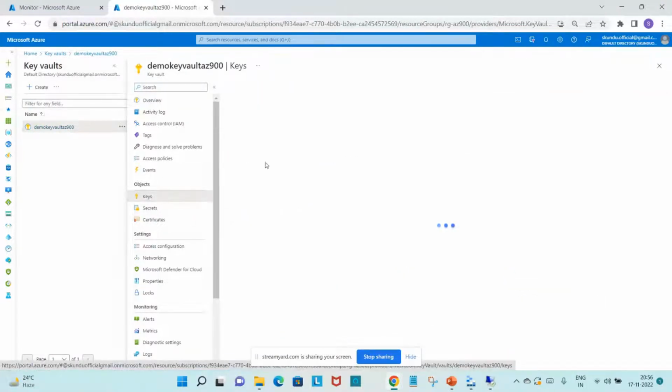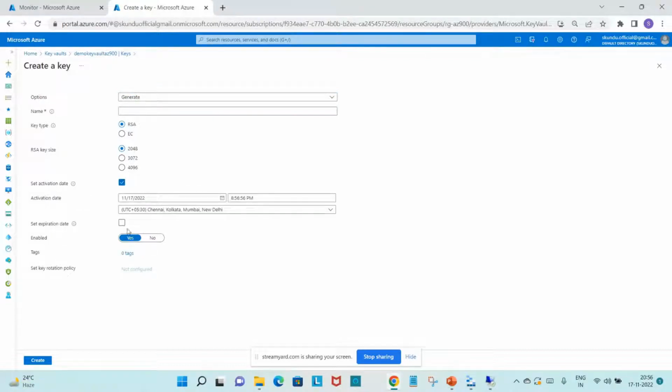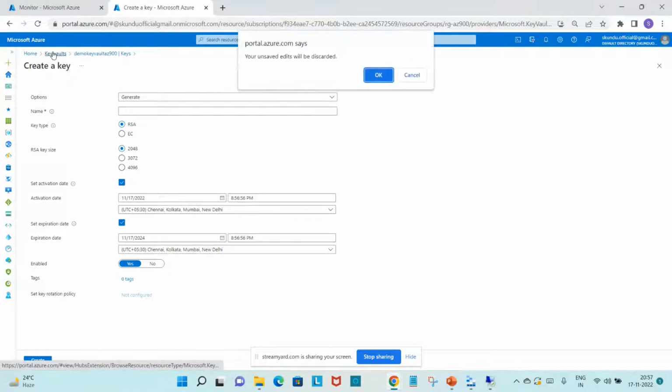If you go to keys, from here you can generate, right? What type of key you need, RSA or key size, what is the activation date, when the key will expire, everything you can do from here. And the second thing